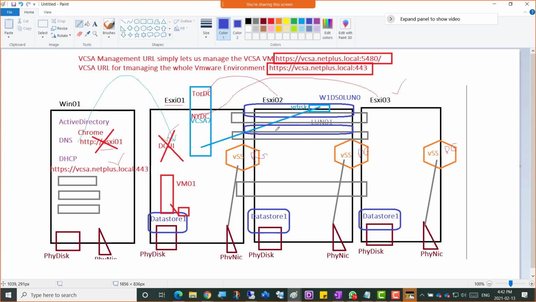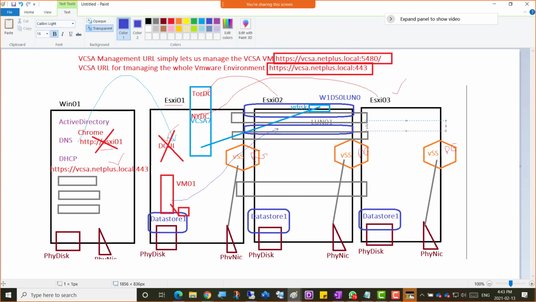So for that, we're just going to move this machine to the other data store. In order to do that, do we have that data store already created on the other LAN or not? If it is already there, yes, we can just start moving this machine. If it's not there, then let's create the second data store and the third data store. And when it comes down to the naming convention, for the second data store, we can go for